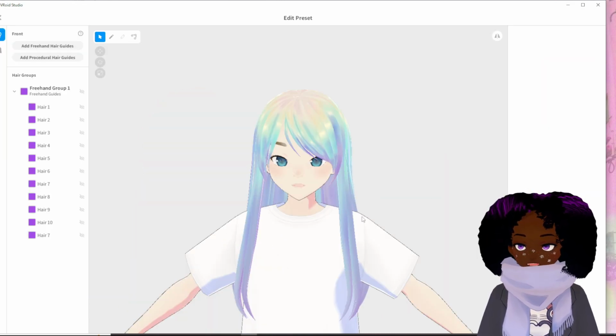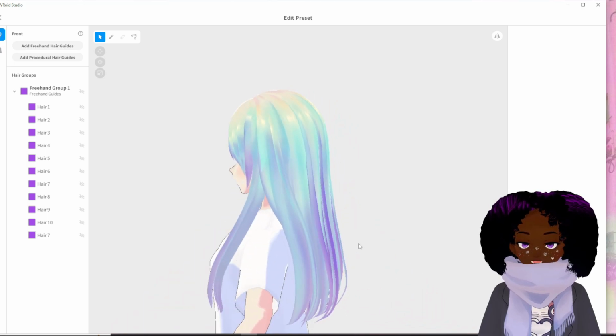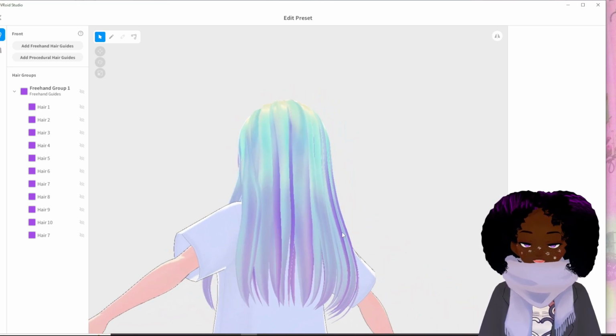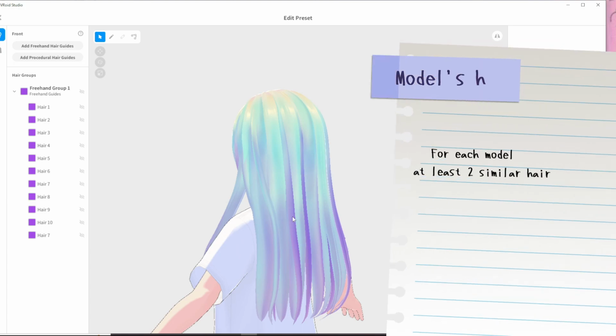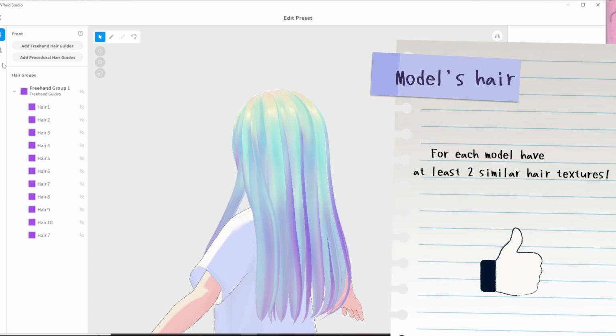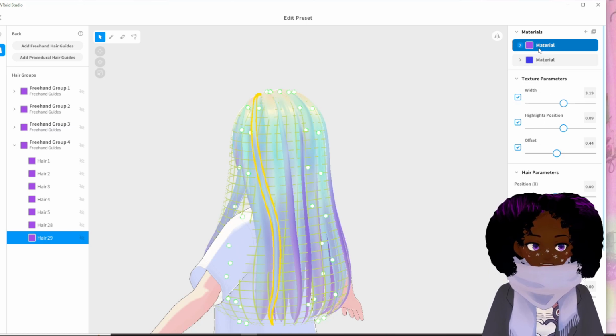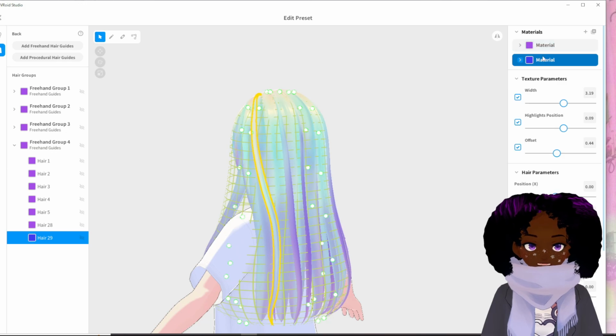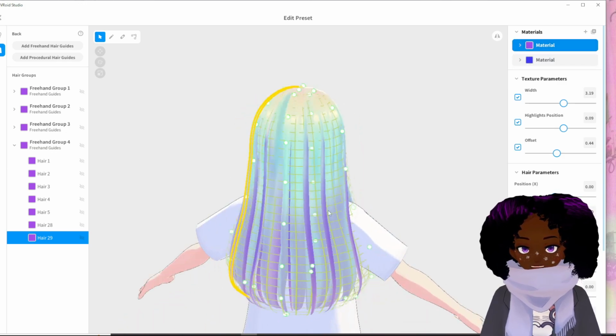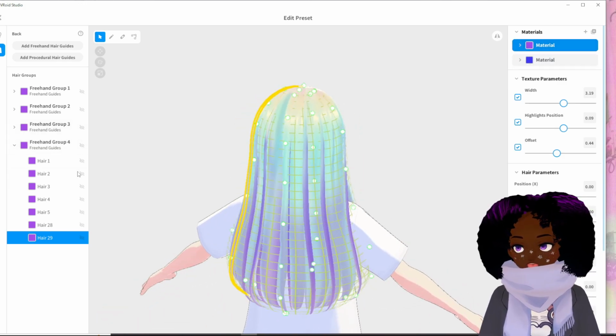I did this twice, so I like this one too. I think I'm going to use these ones as highlights. It's best to have at least two different hair textures when creating hair, because each character does have slightly different highlights and lowlights throughout the head of hair.